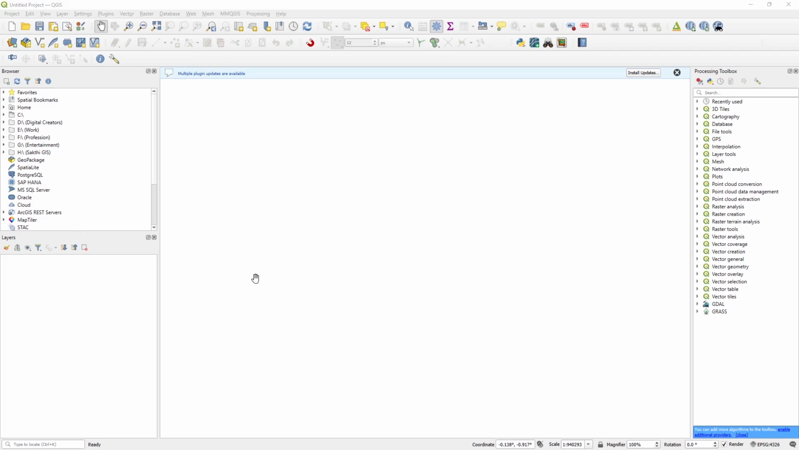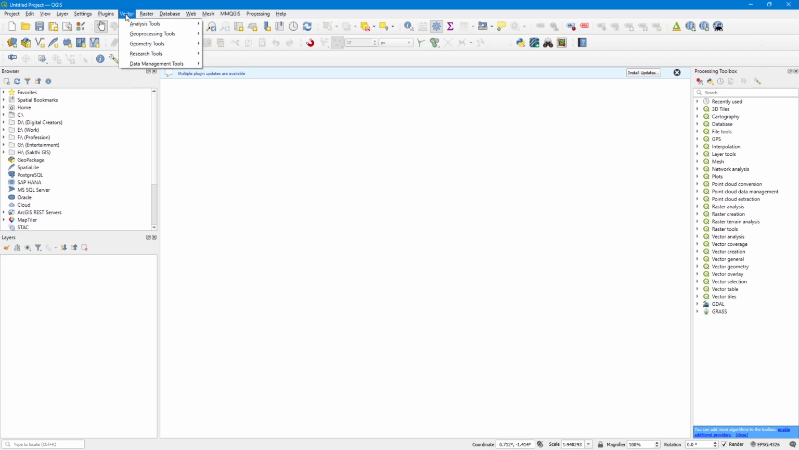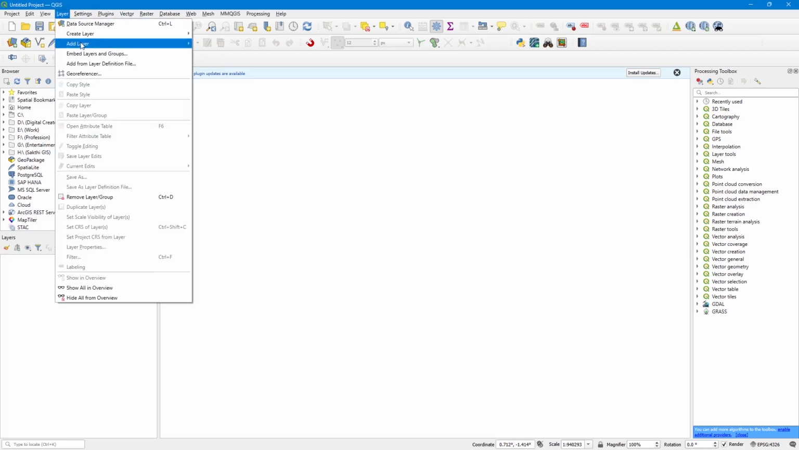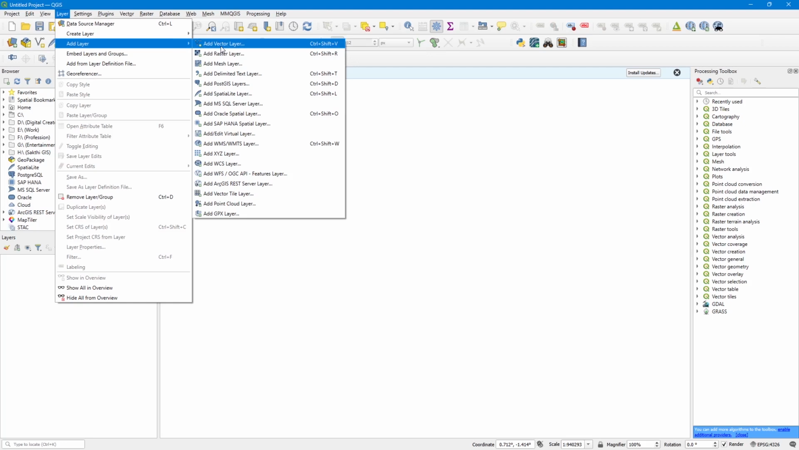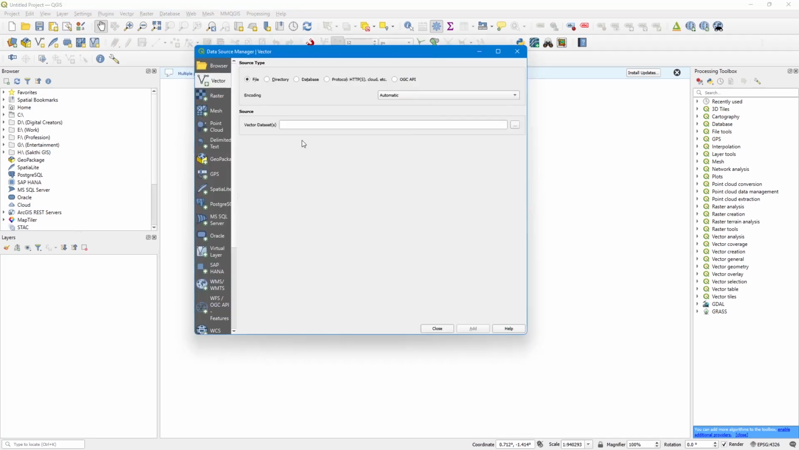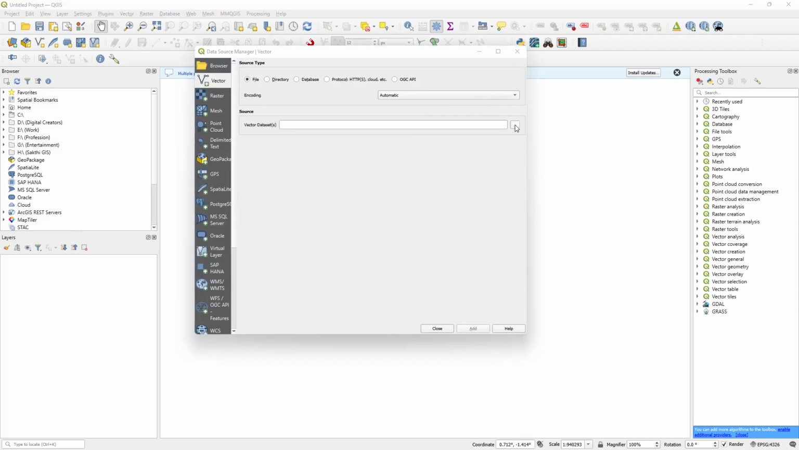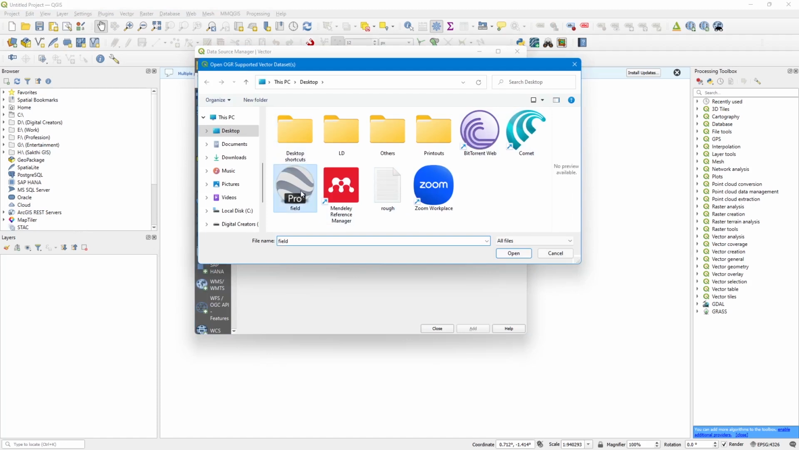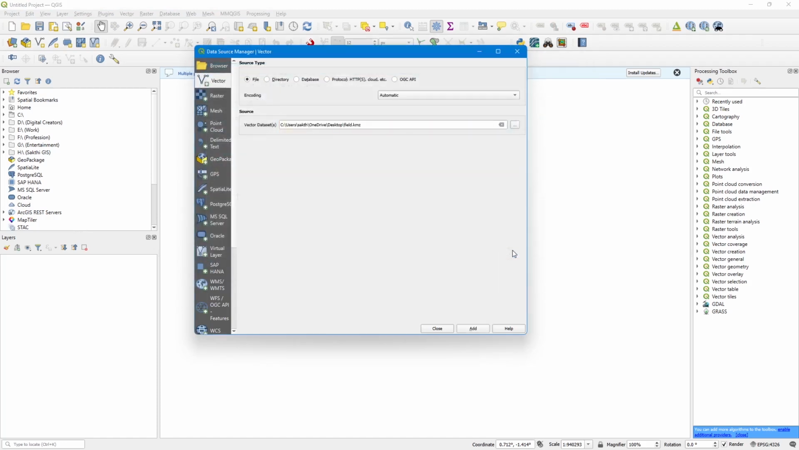Now please open the QGIS software. In QGIS, go to Layer, and in Layer go to Add Layer. In Add Layer there will be an option called Add Vector Layer. Click that Add Vector Layer once. After opening, proceed to where you have saved that KML file. I put the KML file in the desktop folder. So now I open the